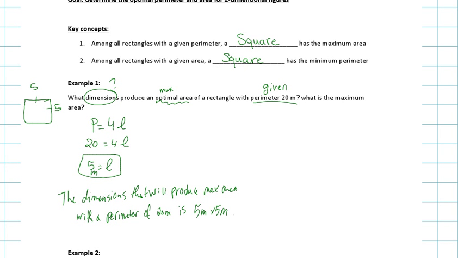Now that only answers the first part of the question. The second part is asking you to find the maximum area. So, to find the maximum area, what's the area of a square? L squared. 25 what? Meters squared. Good. So the maximum area